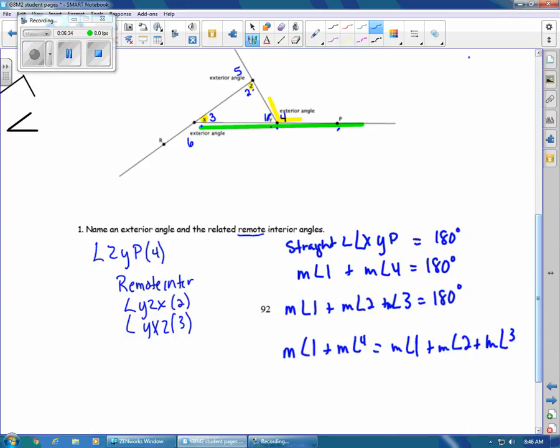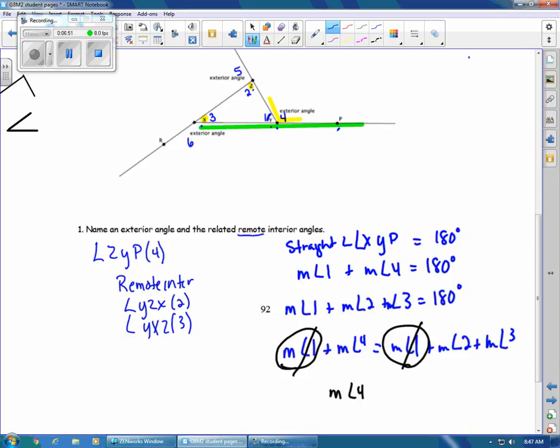That's that whole transitive thing. If these two things equal 180, then those two things are going to be equal to each other. So what is the common link here? The measure of angle 1. So if I remove the measure of angle 1 from both sides, it's showing me that the measure of angle